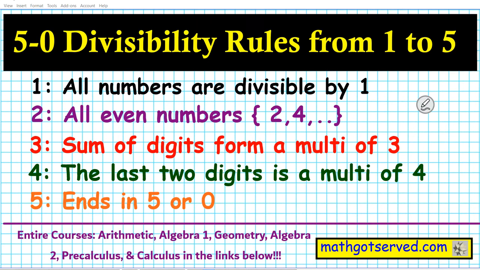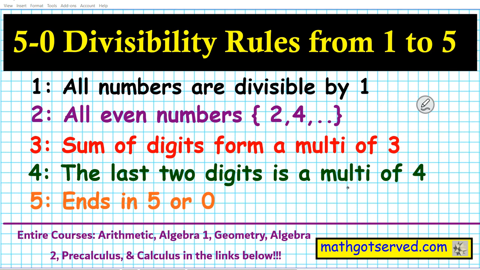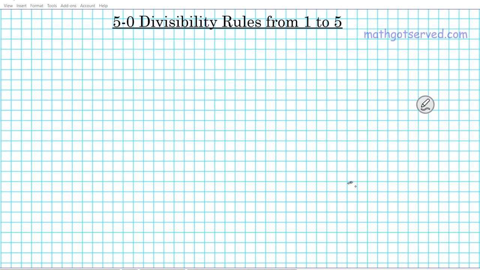In this clip, we're going to be going over section 5.0 of our series on dividing numbers. We're going to be looking at the divisibility rules from 1 to 5. Some of the rules that we're going to be using are given here: divisibility by 1, 2, 3, 4, and 5. Before we get started on some examples, let's write down what the divisibility rules are for 1